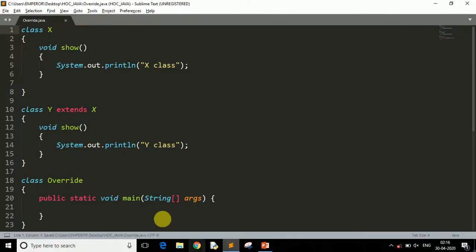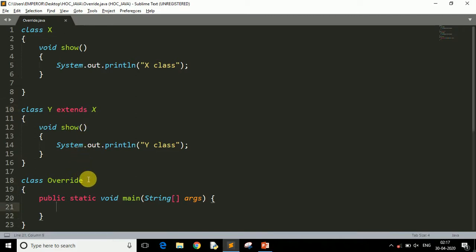So this is the example from our previous video on method overriding, so we continue with this example. As you can see, I have one class x here, and class x has one method whose name is show, and it simply prints x class. Okay, and we have another class here which is class y, and y is a subclass of x because it extends x. Y also contains one method, show, which is the same as the x class method, and it just prints y class. Okay, so we have two classes and two methods, one subclass and one superclass. And we have another class which contains the main method.